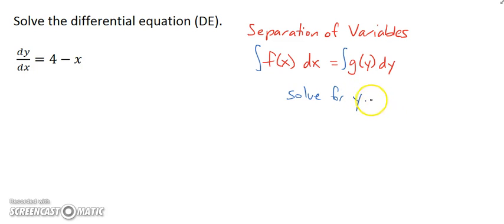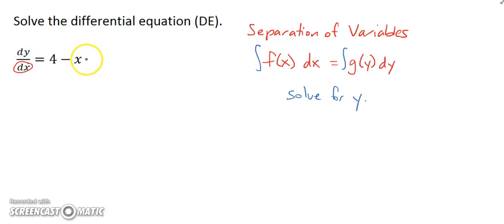So we're going to do some very basic work with this, and we'll work on this more specifically. The next learning target actually asks you to work on this for more specific and maybe more complicated differential equations. But this one's actually pretty easy to work with. If dy dx equals 4 minus x, by the way, you actually could probably solve this one in a pretty straightforward way, because the entire right side is just a function of x. So actually simple integration would work here,